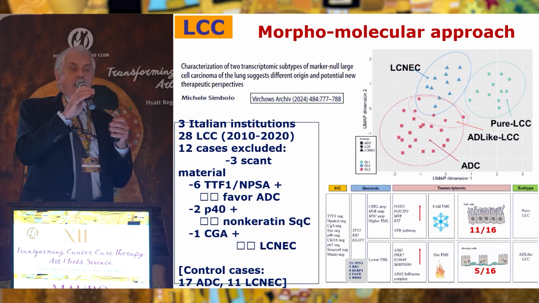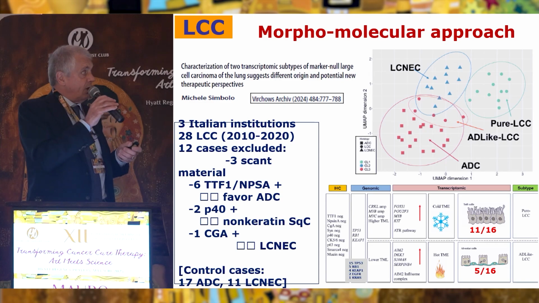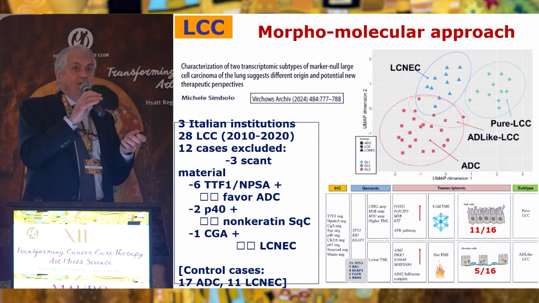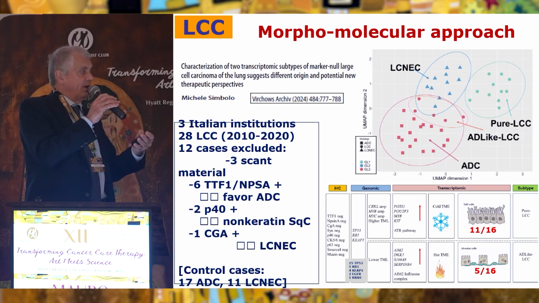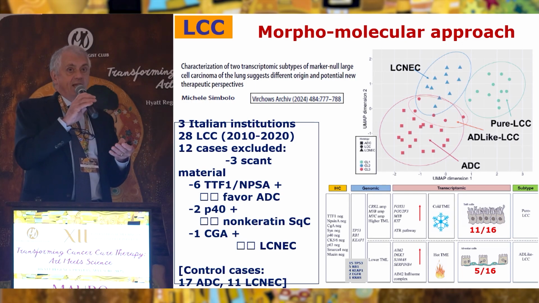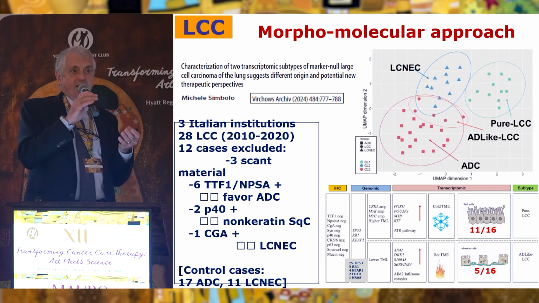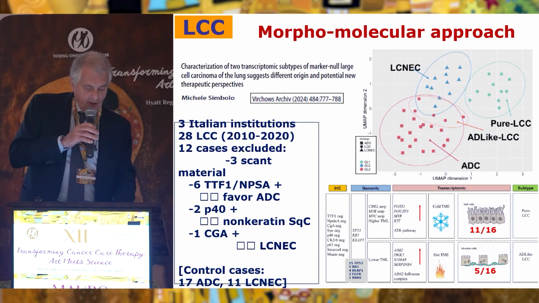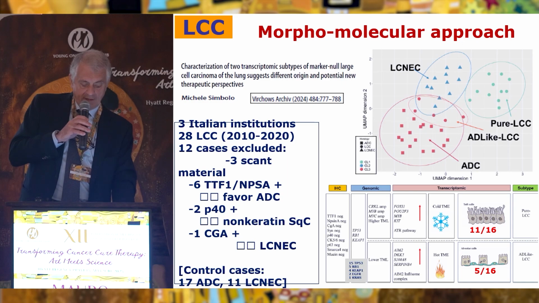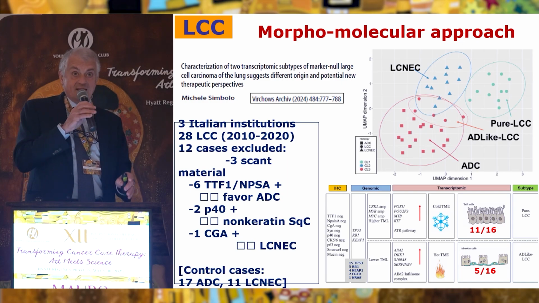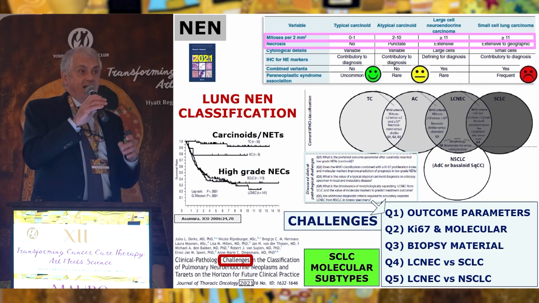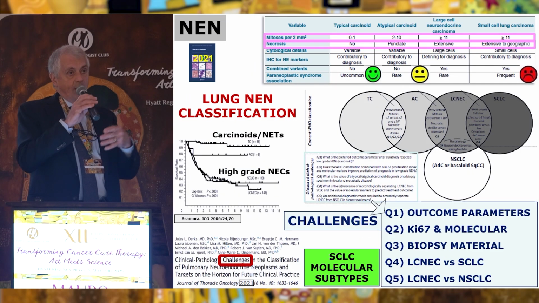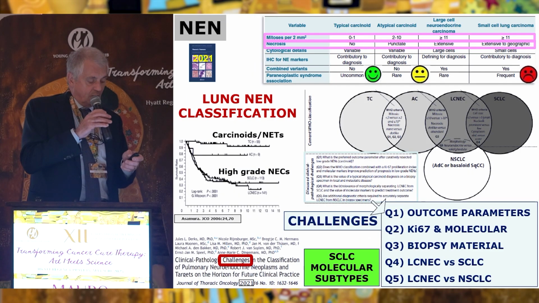Of course, there is a molecular approach which can help to subclassify these undifferentiated tumors, but this is not available on a daily basis, so that it is very difficult for us in my laboratory to have molecular tests done in order to provide the molecular classification for these tumors. But there is some possibility of actually recognizing as an adenocarcinoma or the squamous carcinoma those cases which are completely